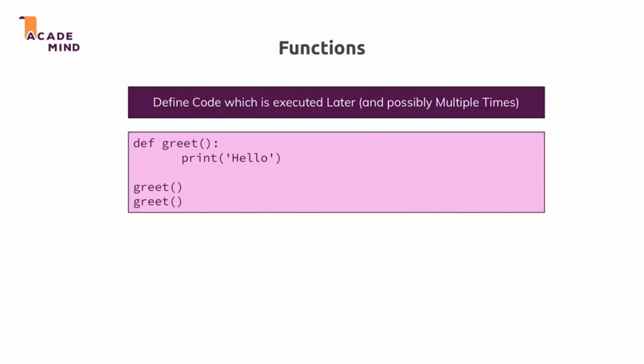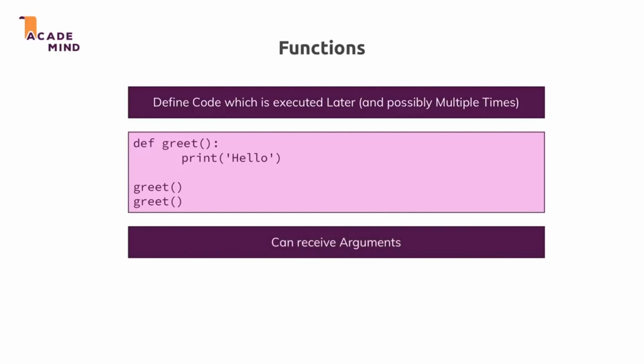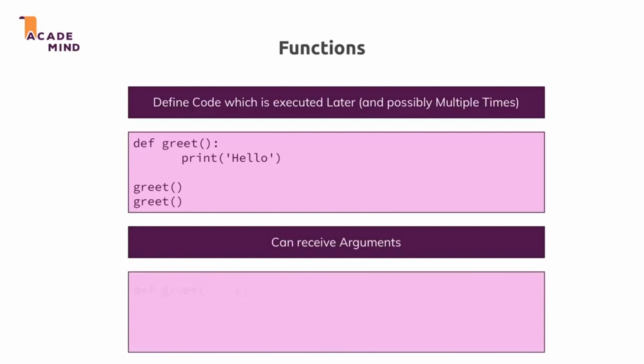We learned how functions can work in general. One nice feature of functions is they can do much more than what we previously did. They can receive arguments. This means that in our function, we can expect arguments, parameters, between the opening and closing parentheses next to the function name. And we can use these arguments inside of the function, like that. If we then call the function, we have to pass a value for that parameter, and this is then dynamically injected into the function. So this would actually print hello max here.